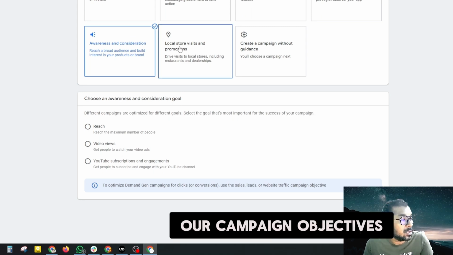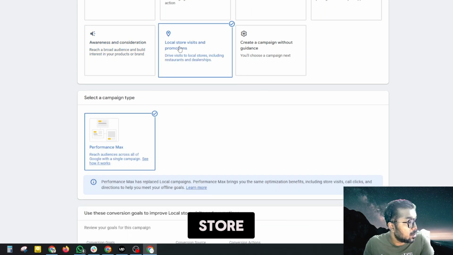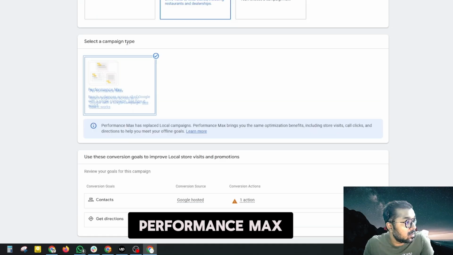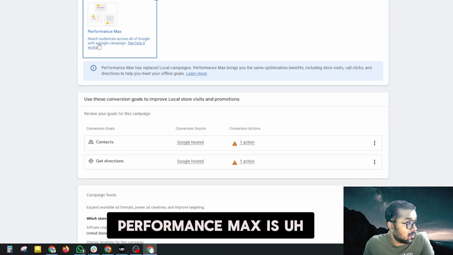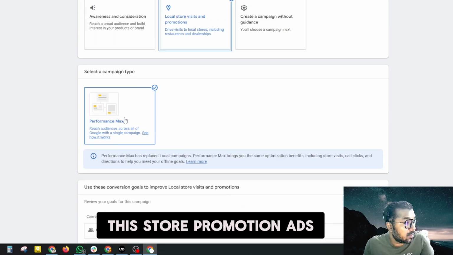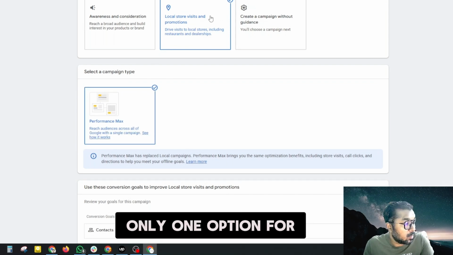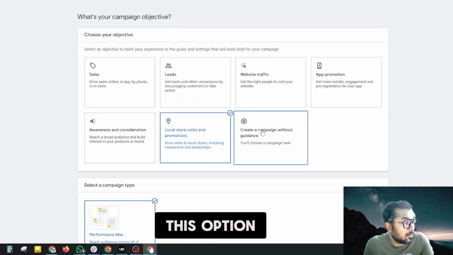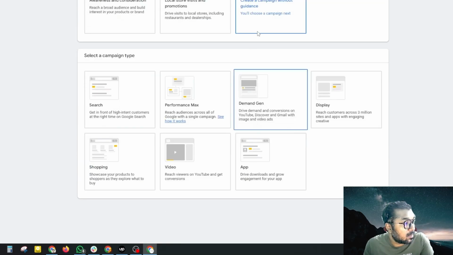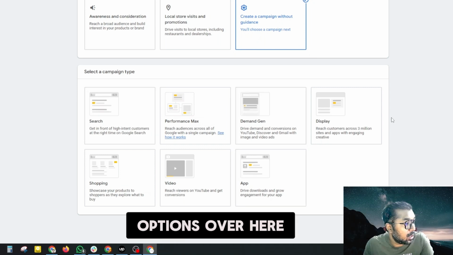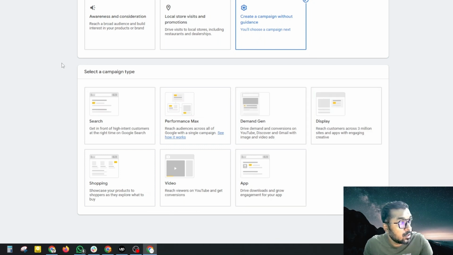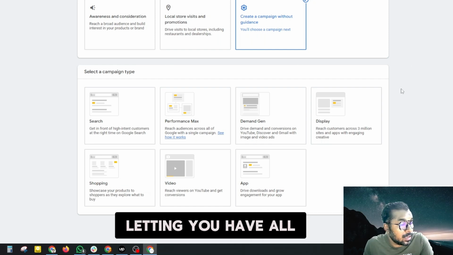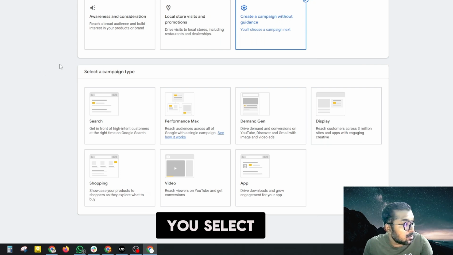So let's continue with our campaign objectives and select local store visits. For local store visits, Google is now allowing us to use only Performance Max. We don't know why, but Performance Max is doing very well for store promotion ads. So we have only one option for this local visits campaign objective. And then you have the option, create a campaign without guidance. If you select that, you have all the options over here, because Google is guessing that you are a pro and lets you have all the options,